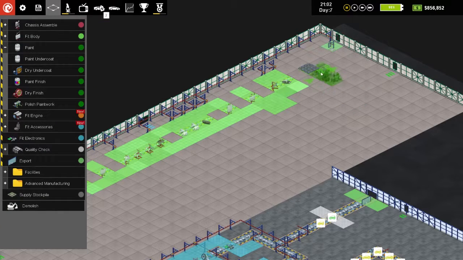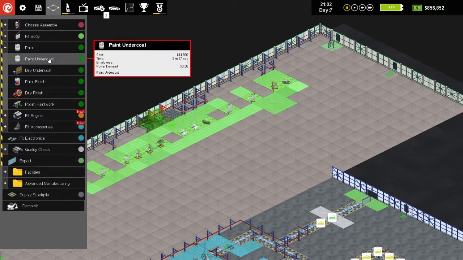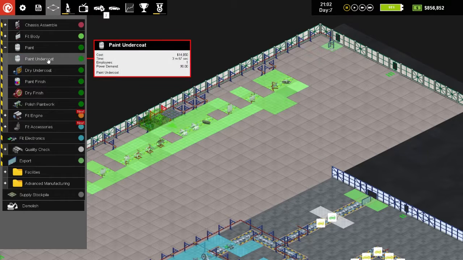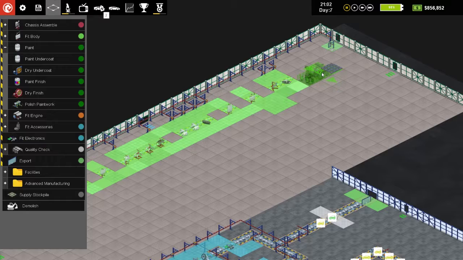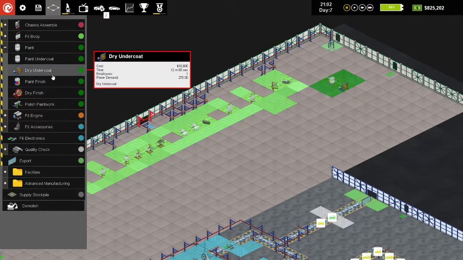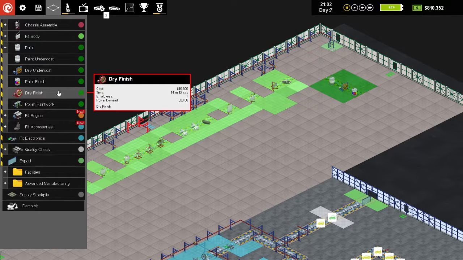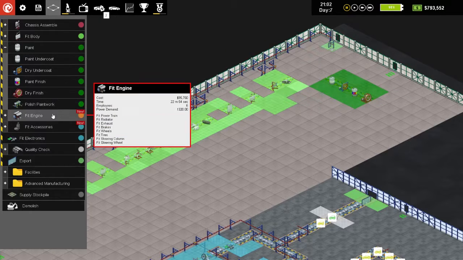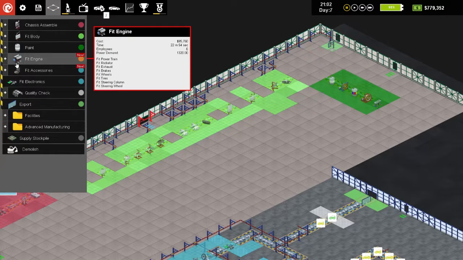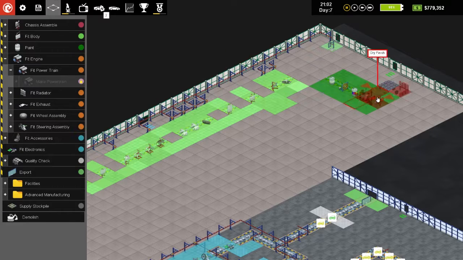Now paint, as you know, we've had paint done for quite a while. All of the paint's one wide, because if so, I might get them 5 across here. So paint undercoat, paint finish, paint polish. Yeah, they're right. They're all one coat, one wide. So our line will turn here, and we'll go into our paint here, which is undercoat, dry undercoat, paint finish, dry finish, paint polish. And then we're going to come round from paint into engine, fit powertrain,